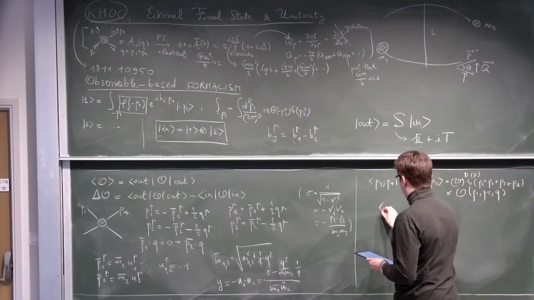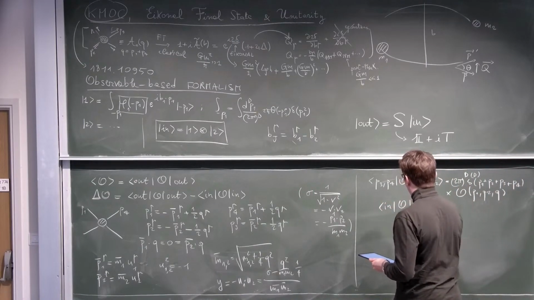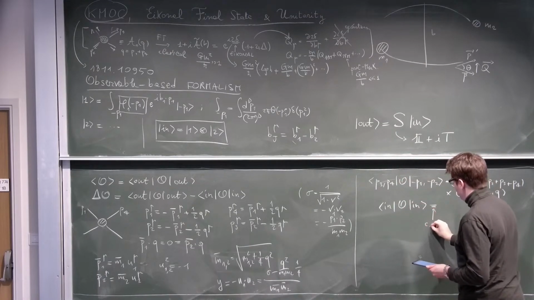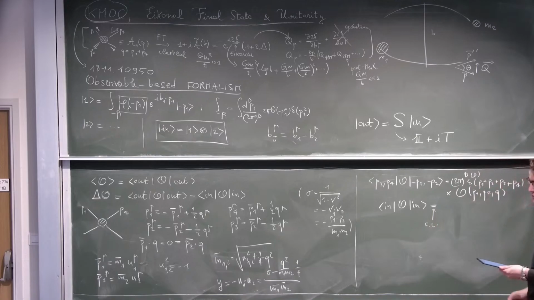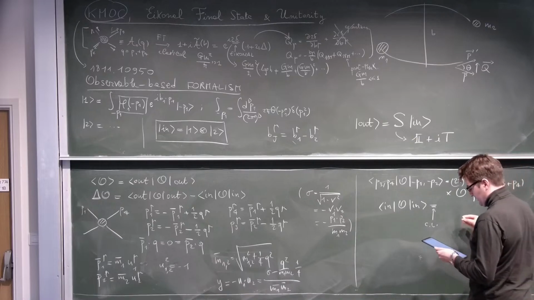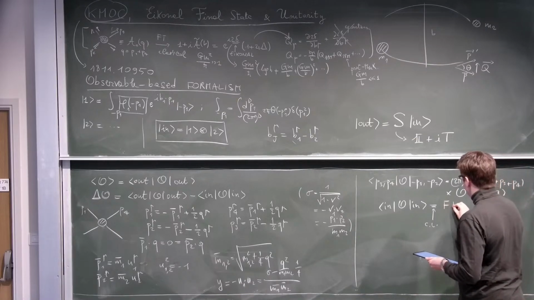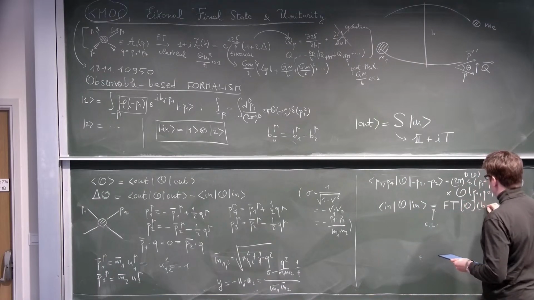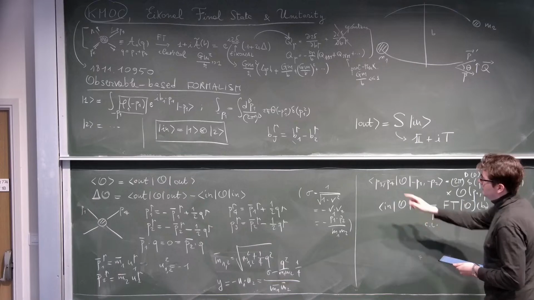So the statement is that in the classical limit, for a classically well-defined observable O, such as the momentum, or later on we will consider energy, angular momentum radiated by the field, this is just the Fourier transform of this form function O evaluated at b, more precisely b_j. And